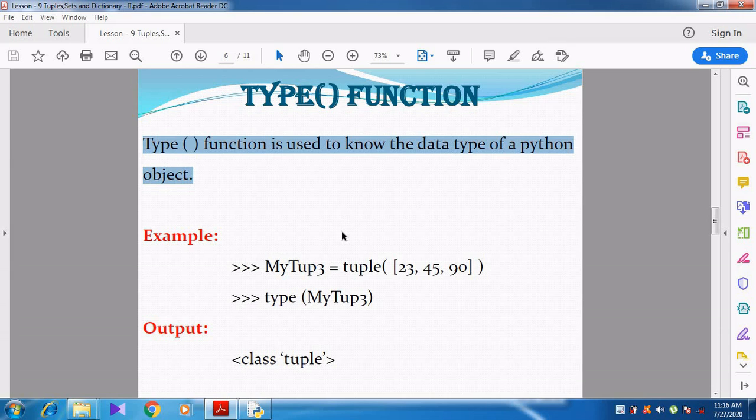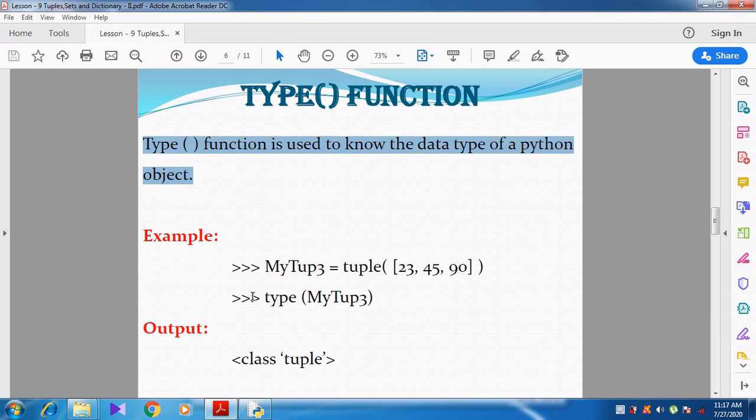I am going to find out which data type the variable belongs to, whether it is a tuple, an integer, a floating point value, or whatever it may be. I am going to find out what type of object that is.